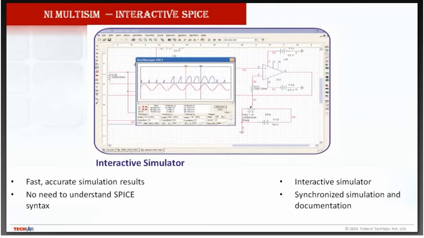And what is the functionality of interactive SPICE simulation? It gives a fast and accurate simulation result. Though it is a schematic design, it is SPICE based, and in the background it creates the SPICE netlist.